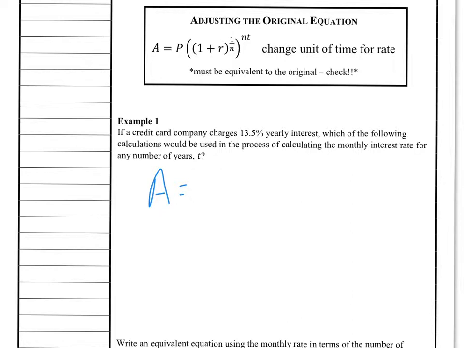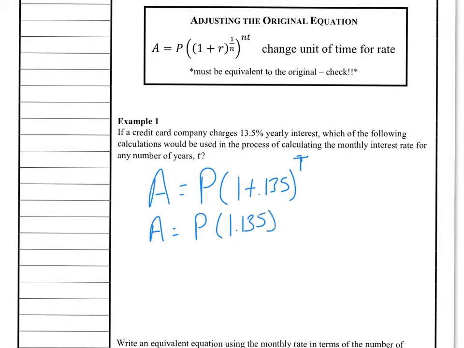So A equals the principal, which it did not tell us, times 1 plus the rate, which we get by dividing the 13.5% by 100. So A now equals P times 1.135 to the power t. And that is the equation. That is the yearly equation. The yearly rate is given right here. It is